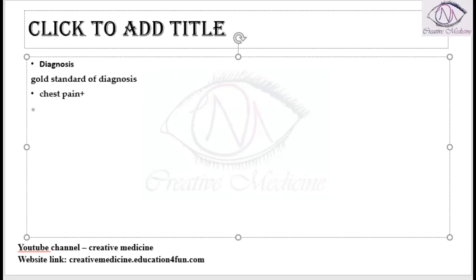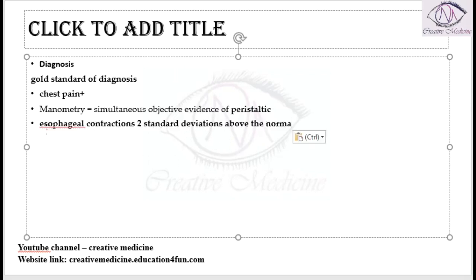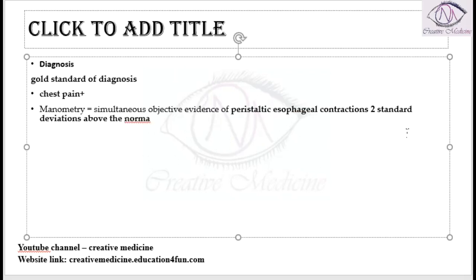if you do an esophageal manometry and see high amplitude esophageal contractions, two standard deviations above the normal, then we call it Nutcracker esophagus. The amplitude will be more than 180 millimeters of Hg, and the duration of contractions will be for